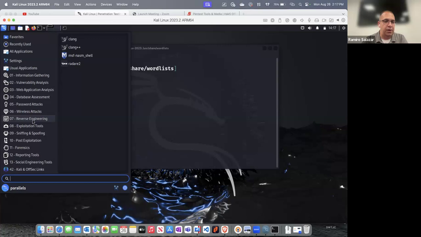Under reverse engineering, under exploitation framework tools, there's a tool called Metasploit Framework that contains common exploits that hackers can use to attack systems that are left vulnerable. For example, I used this about 2 weeks ago in a class at another school, and I showed students that with Metasploit, if someone is missing one update on their Windows computer, you can hack into the computer and take over that computer.